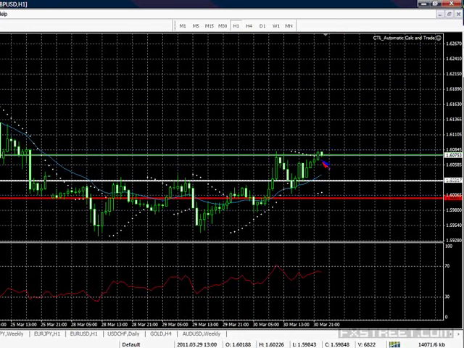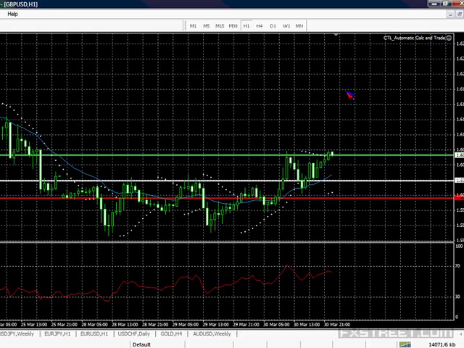So it looks like cable's going to cooperate and give a nice sell zone. I took a long side scalp but got out early because I wasn't sure until today, and I'm still not sure how much weakness we're going to have into the NFP, but I was thinking about it, and I'll be writing